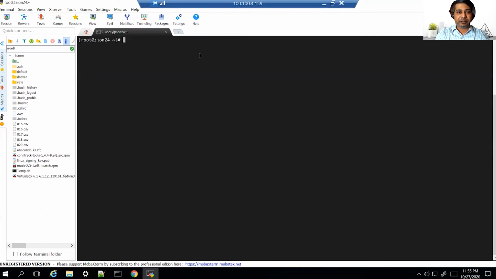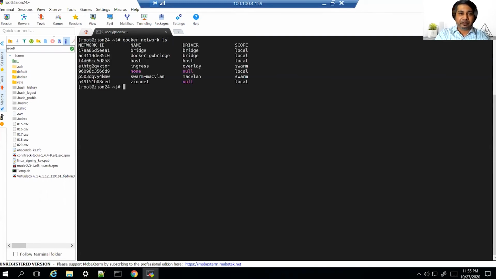So what you see now is one of the Docker hosts, and I've opened one of the terminals here. I want to show you some aspects of how this has been implemented. If I say docker network ls, what you can see is there are multiple networks created for this, but I want you to focus on this MAC VLAN network that we've created, and you can see the scope is at the swarm level. I'll show you certain details of this.